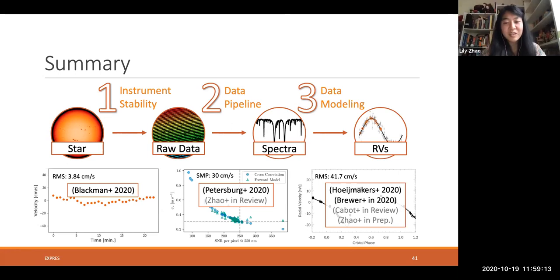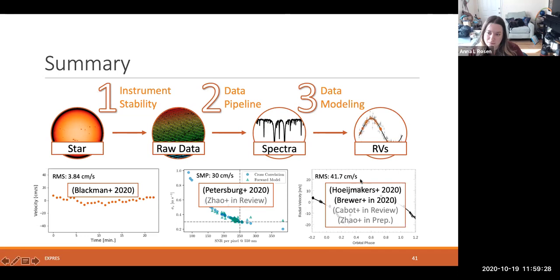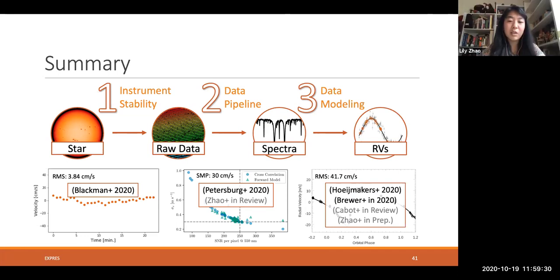Yeah, that's a great question. I think right now the next step that everyone is thinking about is a problem of stellar noise. So like I said, the star is supposed to be pretty quiet, but there's still a jump right from the single measurement precision to the RMS that we're getting. And so we really want to understand better the different contributions of error to our data. We're pretty sure the instrument is stable enough. The data pipeline is already a large improvement from what we had before.